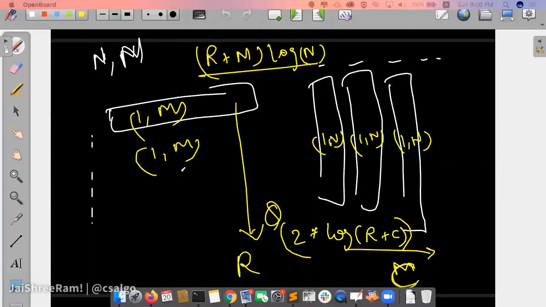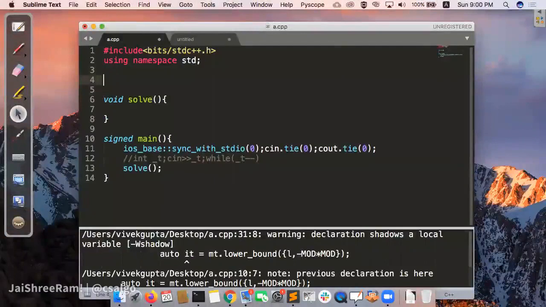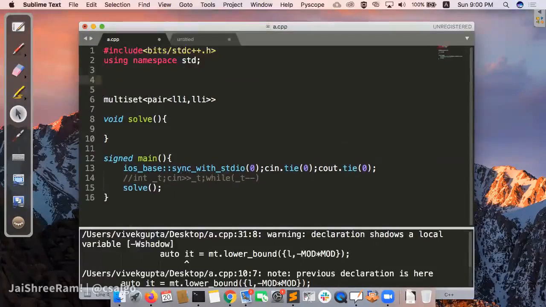Yeah, exactly. We will do it with vector multiset in STL. So let me talk a bit about implementation. I will not code the entire thing because it will take some time and we will go overboard. But let's say we want to keep something like a vector of multiset of pairs. This is what we will be maintaining. Since this question is a bit big, I will not refer to multiset because we know the size can be up to 10 to the power 5. So let's define this quickly.